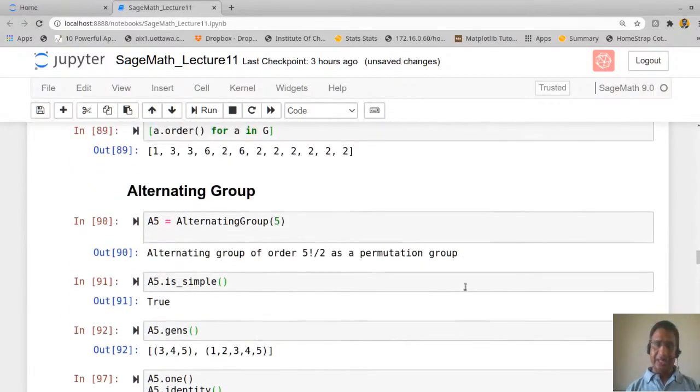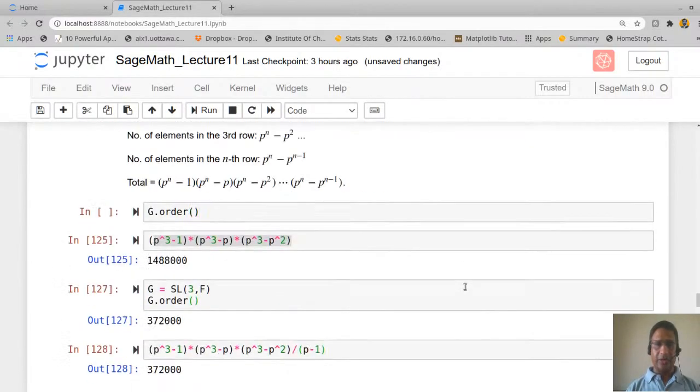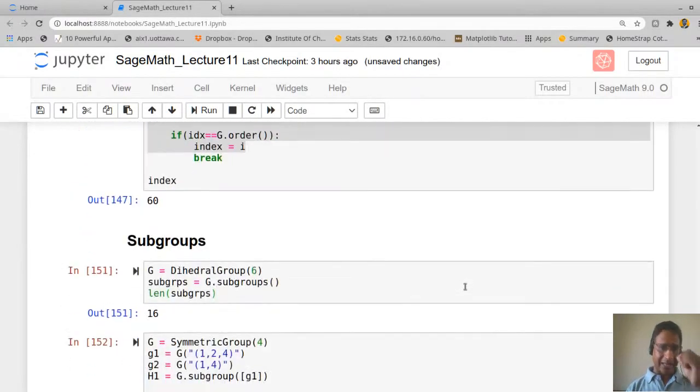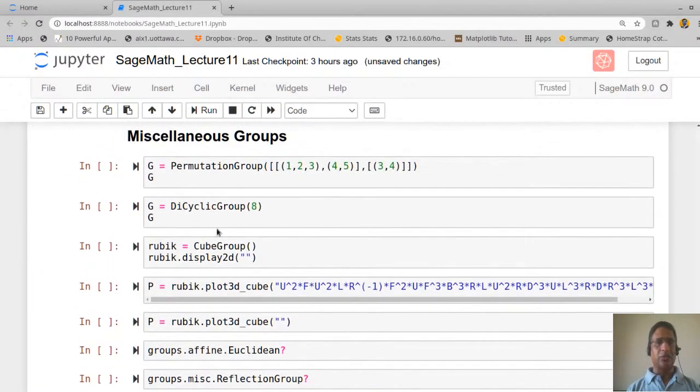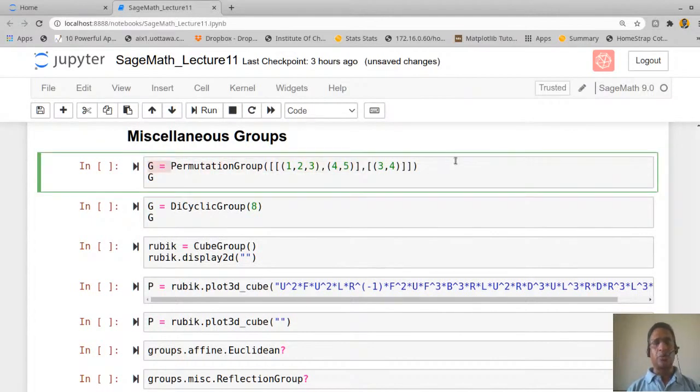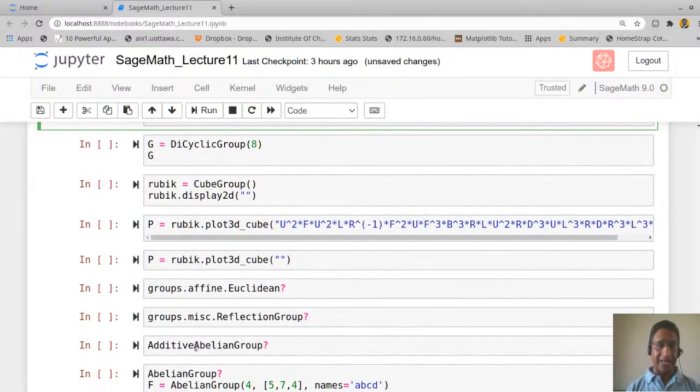Of course, there are many other groups which you can define. You can look at help on some of the things like dicyclic group. You can also define a Rubik's cube group. You can define a permutation group, or you can define an affine Euclidean group. You can define an additive abelian group.